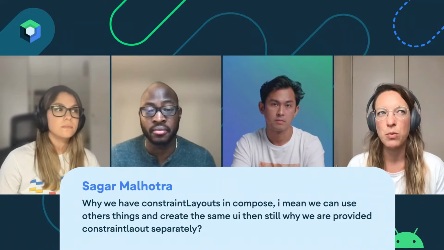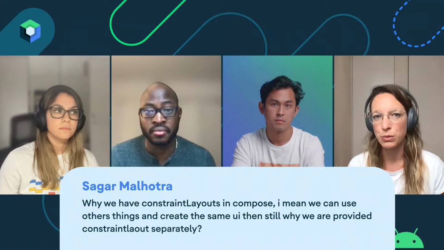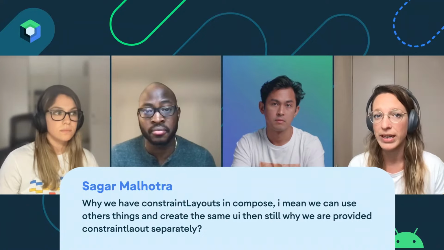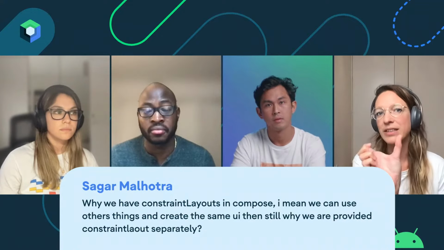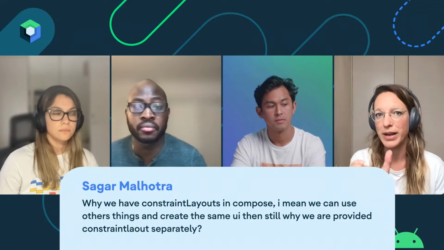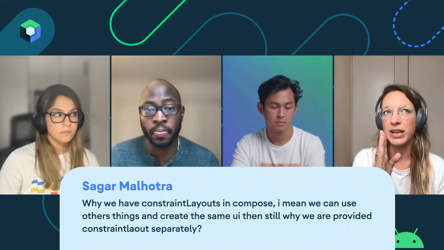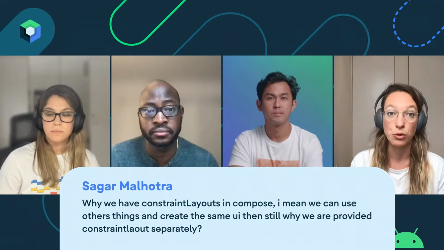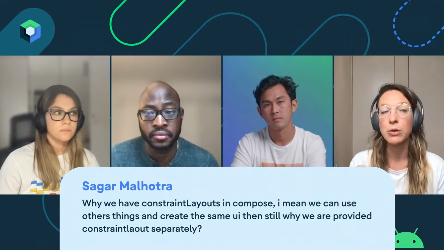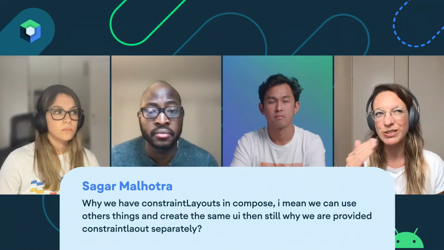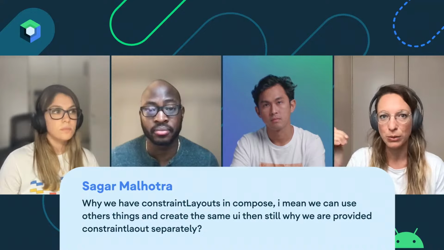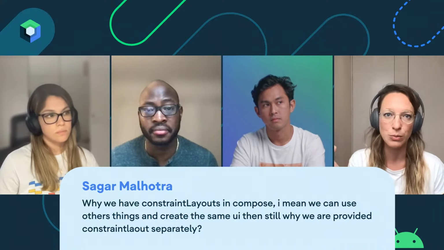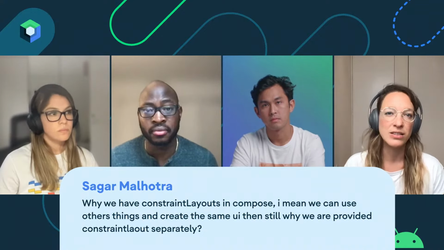But as you know from when you were using constraint layout in the view world, the reason why we used constraint layout was to prevent that deep nesting of those rows and those columns, right? So in the view system, that actually led to performance issues. In Compose, it doesn't per se, but still, if you have, like, 8 layers deep nesting of columns and rows